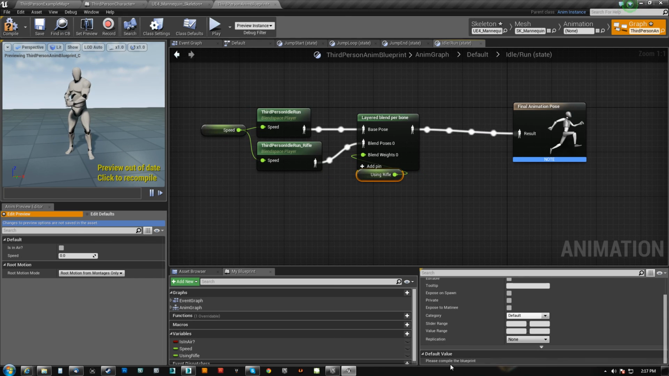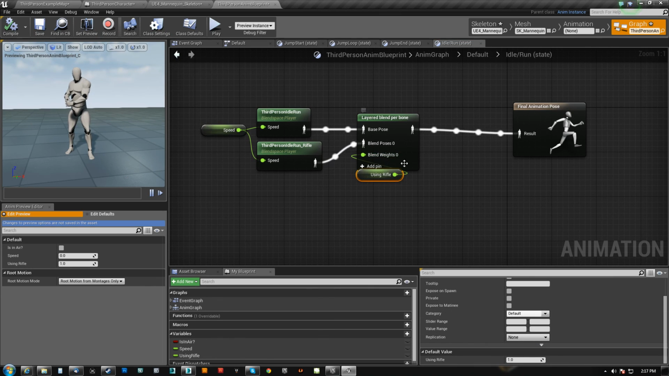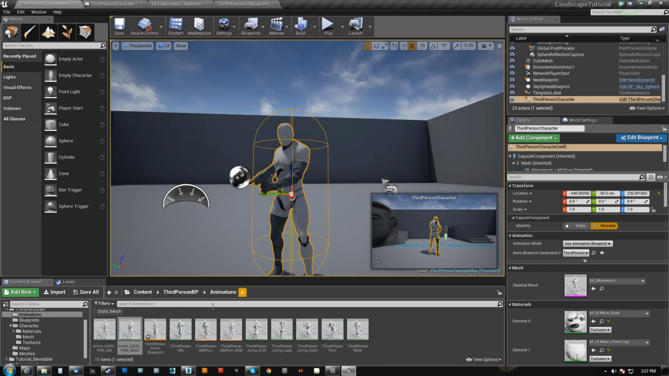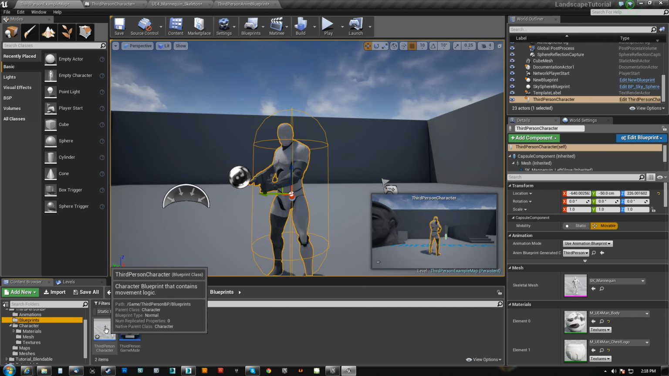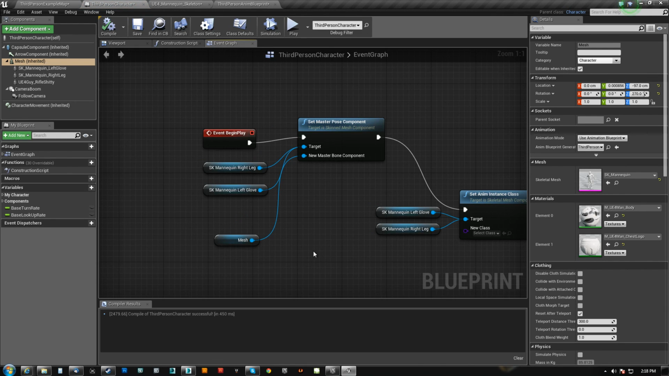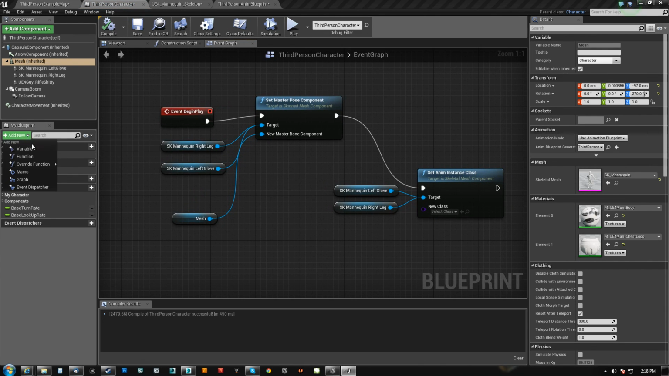Okay, as long as it defaults to 1, if we compile here, there's going to be no change, because I dragged it off of something that was set to 1. But if I go to my dude here and go to the event graph, if I give him a new variable